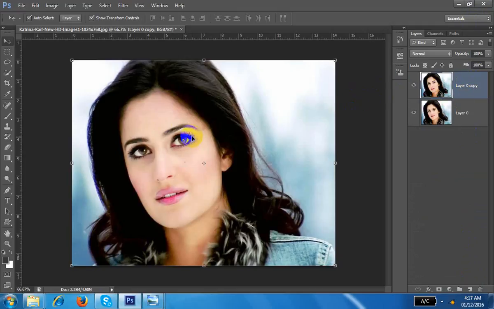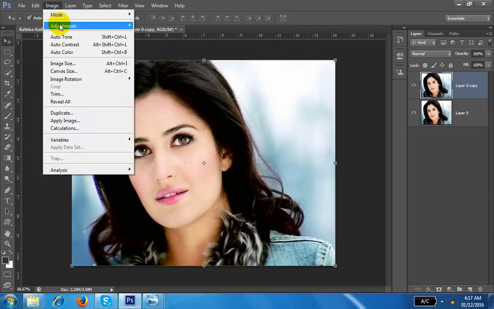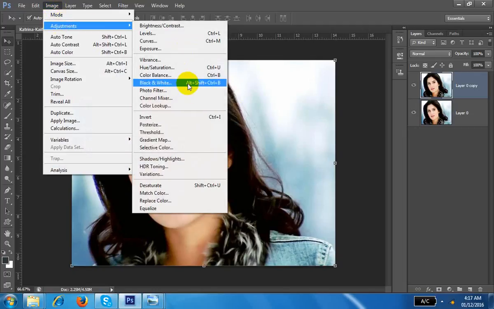I want to convert this black and white to color. There are many ways to do that, and I will give you the videos also. First of all, if you want to make it black and white, go to Image, Adjustments, Black and White. But this is not a good option. This is good for teaching the software to the application, but experts never use this option for black and white.